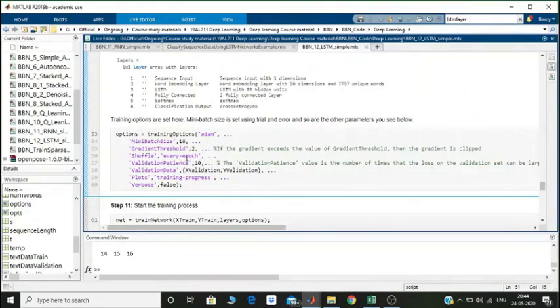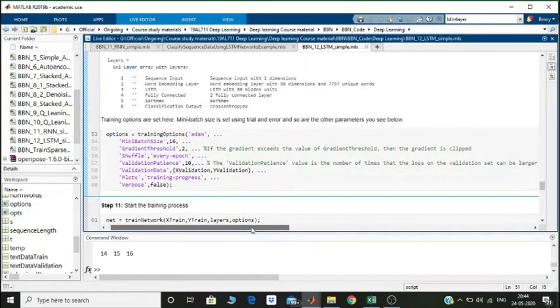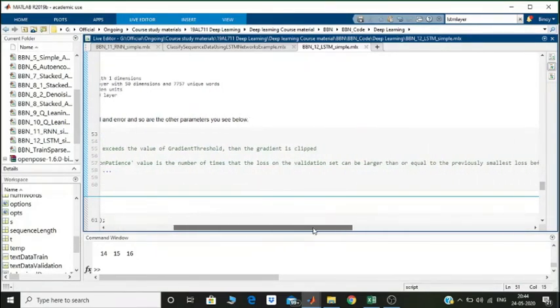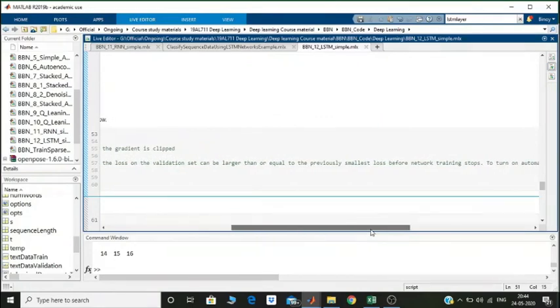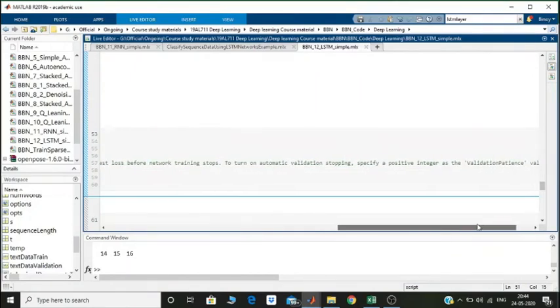And the data gets shuffled every epoch. And then you have another option called validation patience, set to 10. This is for making sure that once the validation error becomes larger than or equal to the previously smallest loss, the network training stops. To turn on automatic validation stopping, specify a positive integer as the validation patience value.